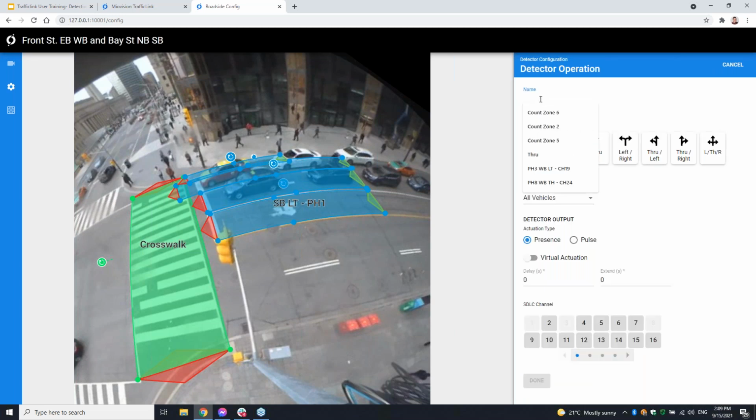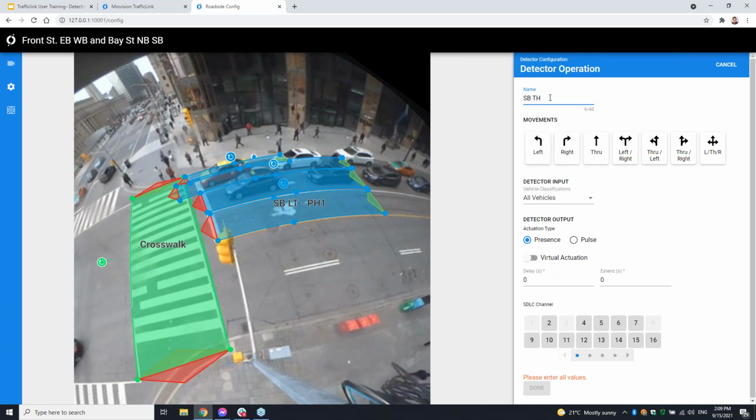We'll go to our center lane. I did do a zone per lane here. There is a scenario where we could have just done one zone for the entire approach, because now we have to use an additional detector channel. Whereas if I say I just did the southbound through phase 6, say we just did one zone, this would be easy to line up to channel 6 on one particular zone. But now we have a center lane type design. So this is exclusively a through. Again, just a presence detection. We don't want any delay or extend.